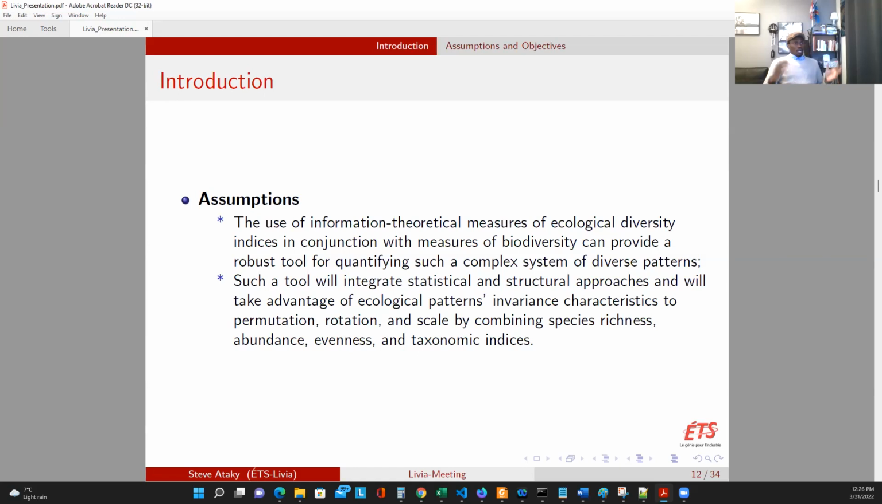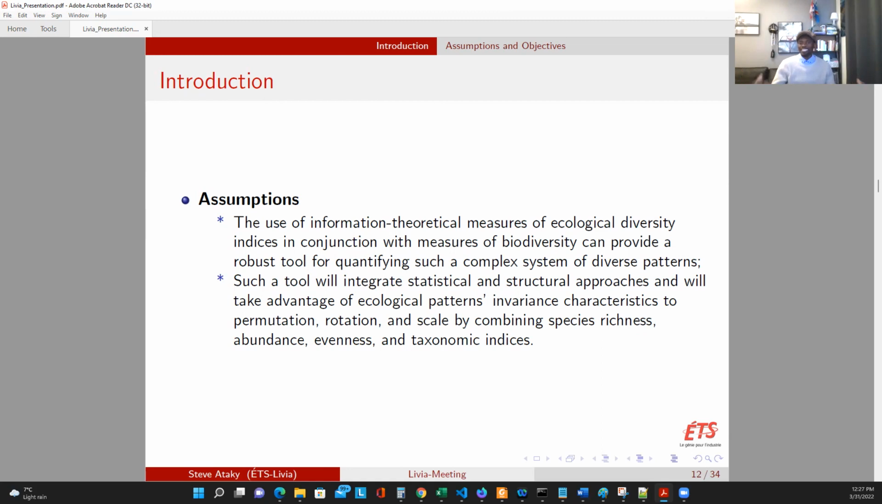So therefore, our study investigates the following hypotheses: the use of information theoretical measures of ecological diversity indices together with measures of biodiversity can provide a robust tool for quantifying such a complex system of diverse patterns that we find in the image, which means the texture. And such a tool, which means the descriptor that we are proposing, will have both statistical and structural approaches,